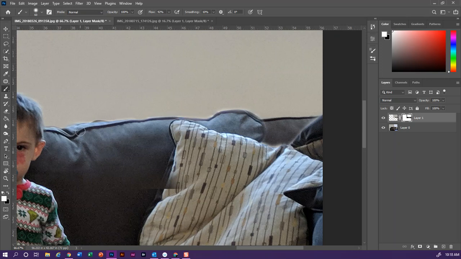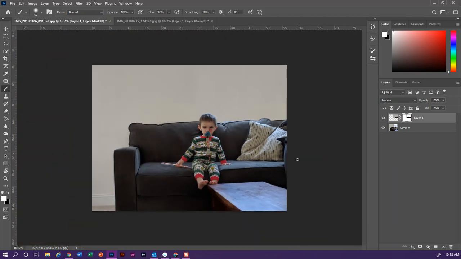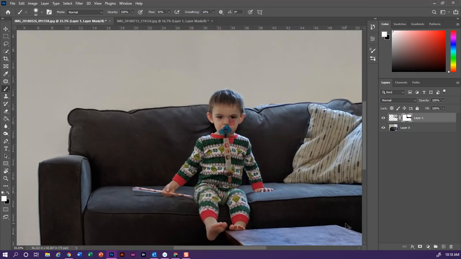So I could leave this as is. I'm going to check that in a second to see if I zoom out, that's going to be a problem. And if it's going to be a problem, I can always duplicate this layer and fix it a little bit more. Oops. That kind of works. Let's see. So that's not too obvious. But if I wanted to fix this, just so that you know how to do it again,